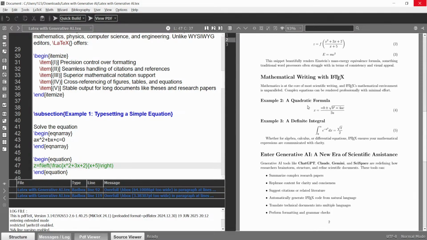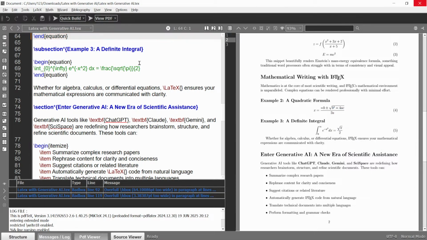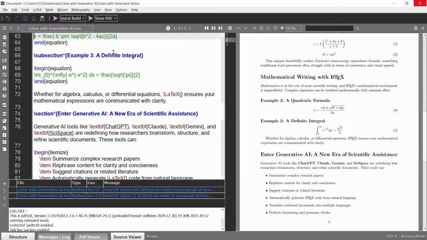If you want to update this equation or change this expression, you can jump directly to the code of this equation. Just right click at this place, and then click jump line, and your cursor will automatically be at the same place.